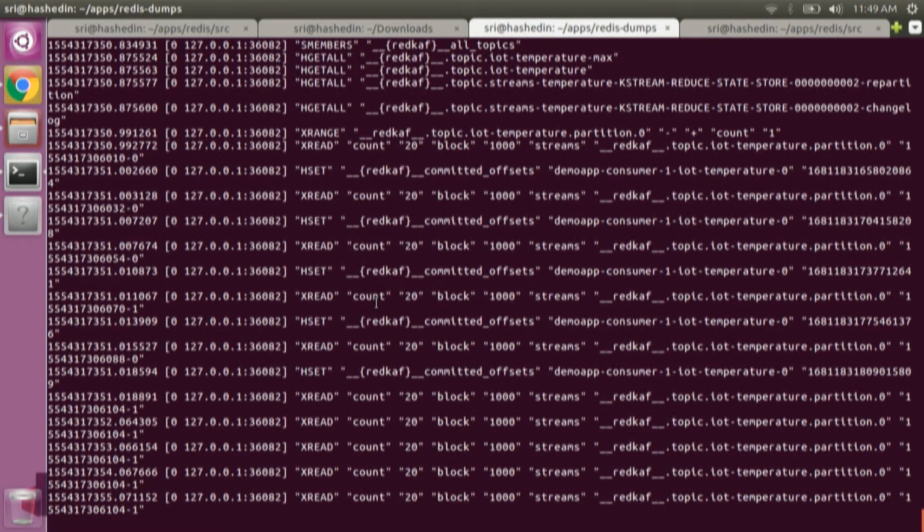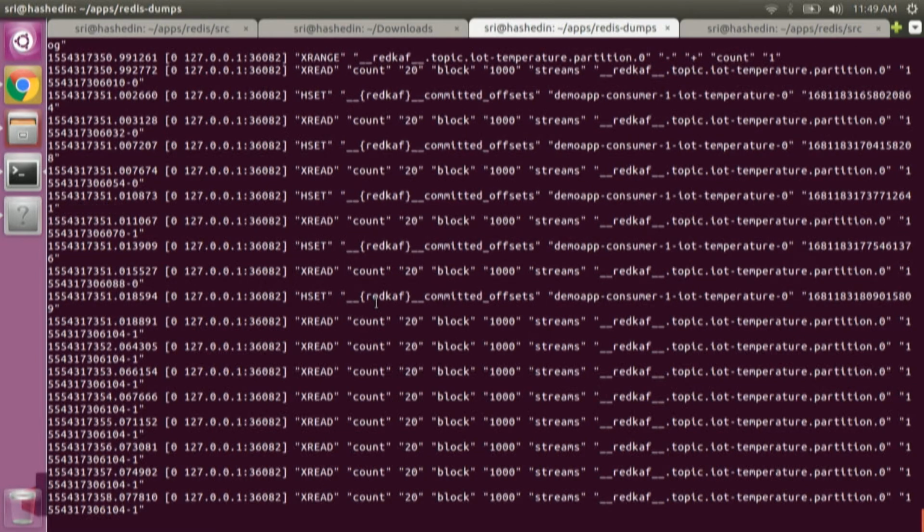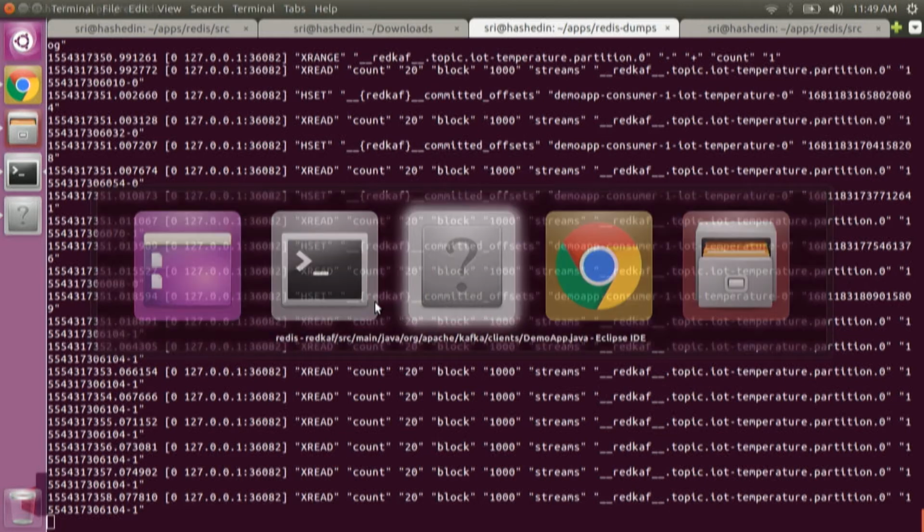And if you look at what it does internally, on the monitor command, it's actually issuing an XREAD command and trying to fetch records, right? And the consumer is blocking, so it will keep polling till it gets records, right? Yeah, so that's a